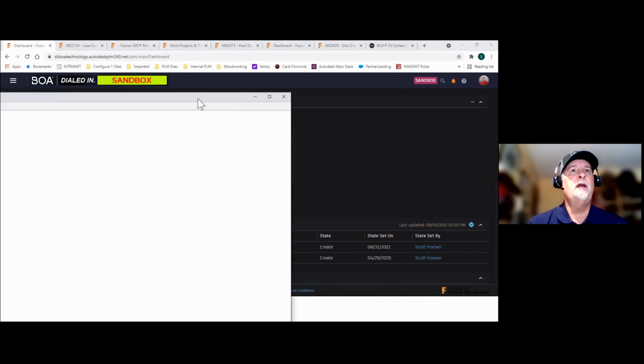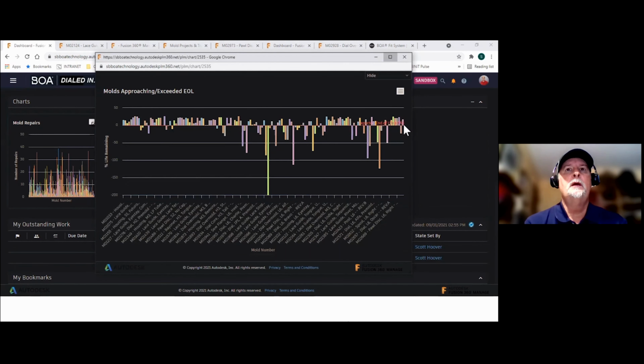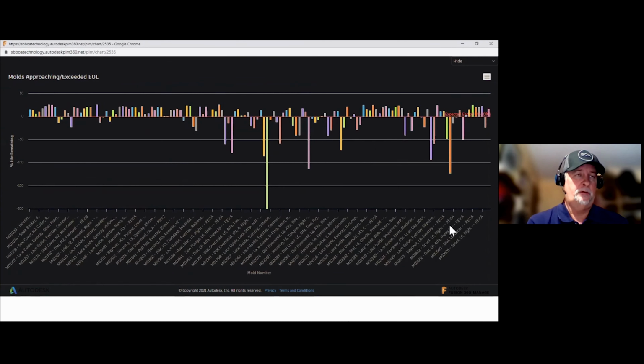You can see in the far left chart, well, this one, there's a mold there in the middle that is 200% beyond its anticipated lifetime. We know about this mold, and it is one that is still building parts within spec. So we're still allowing it to run. We keep a very close eye on it. The bar across the middle there at 0 is the 0% left state. So most of our molds are above it. We have a few that exceed it. And this allows us to really identify and keep track on those molds.